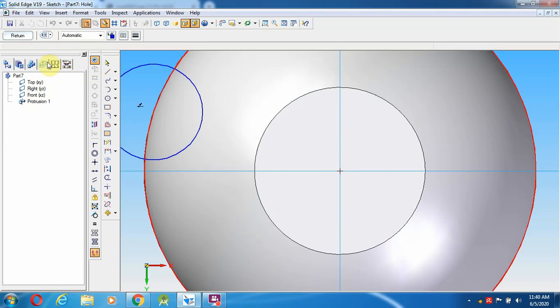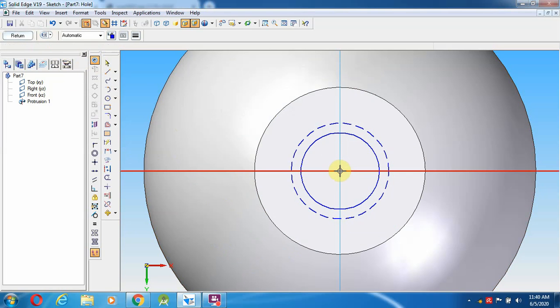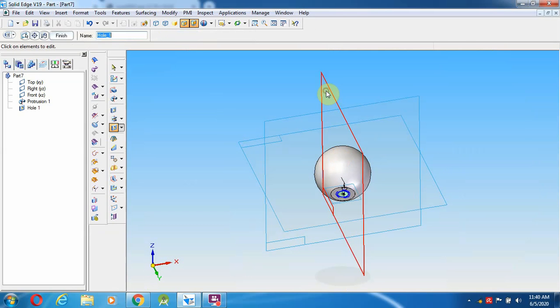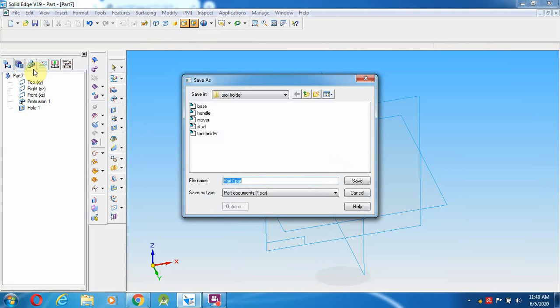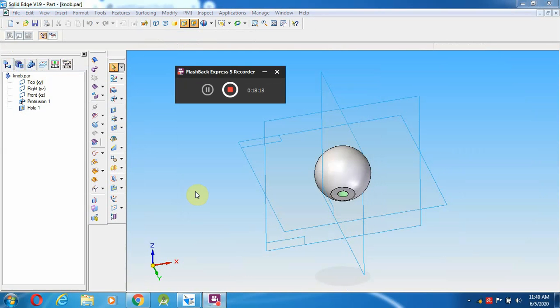Then I am going to keep. So before that, it is not a simple hole, it is threaded 10 mm, even here also the diameter to the whole extent 12 mm, give out. So I am going to keep over. After that, going to give return, left and right plane. So this you can save as a knob. Knob, save. So okay.